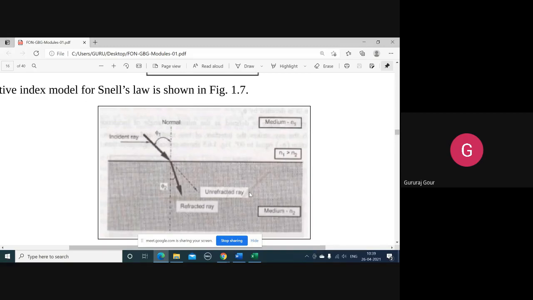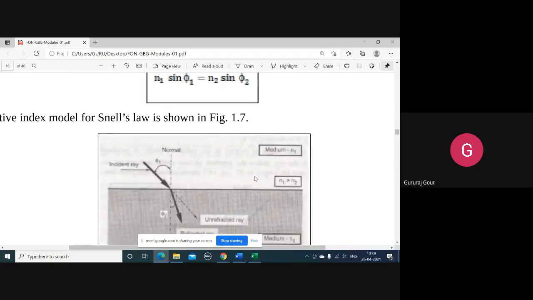By how much it bends towards the normal, that much refraction is taking place. If bending decreases, refraction also reduces. That is the main theme of refraction. If bending is not happening, or not much bending is happening, it means refraction is not happening. Bending is nothing but refraction. That's what is described by Snell's law, giving you the relationship between the two media at the interface of N1 and N2. So N1 sin phi 1 equals N2 sin phi 2.